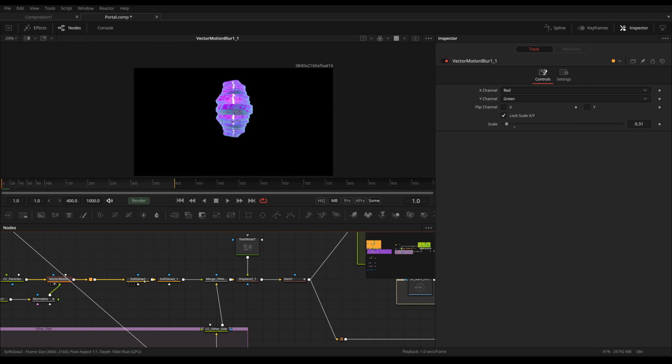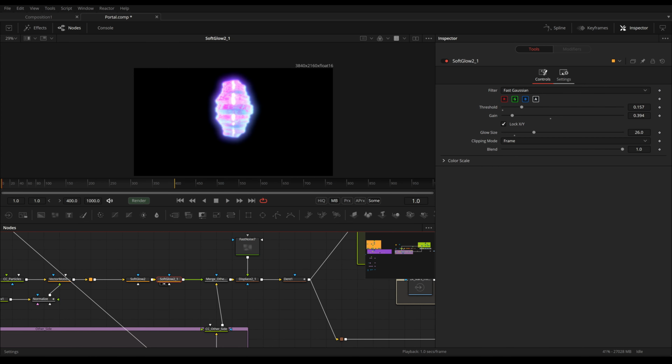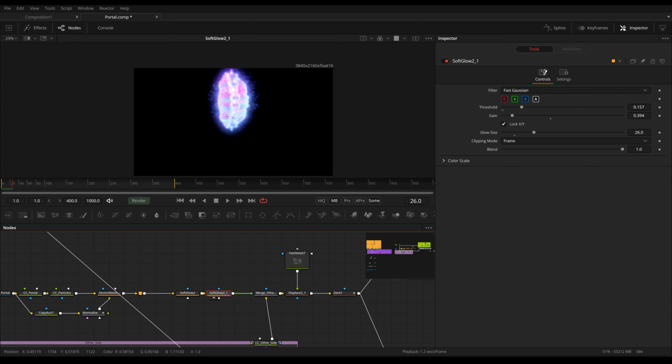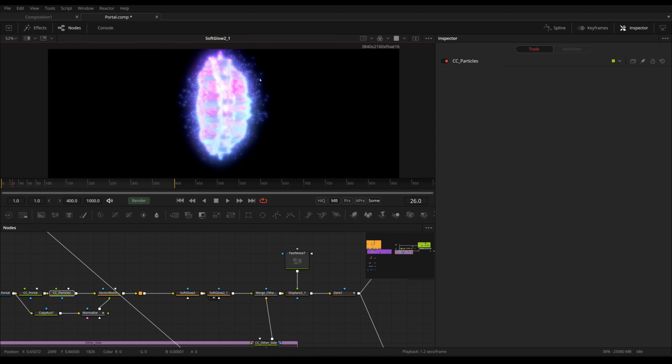Then, as I said before, we have two glows. These are not set to any object. They are simply here. The difference you get is by changing the threshold and the gain and glow size. And because we were able to change the luminance of our particles and our portal individually, we can really well change how our glow affects our image. Because if I'm going to disable this, now our particles aren't glowing at all. And now we can increase the glow without affecting the portal itself.